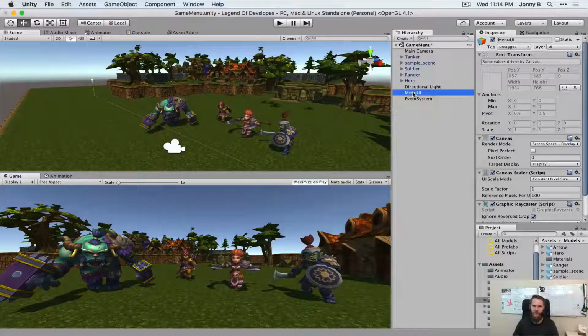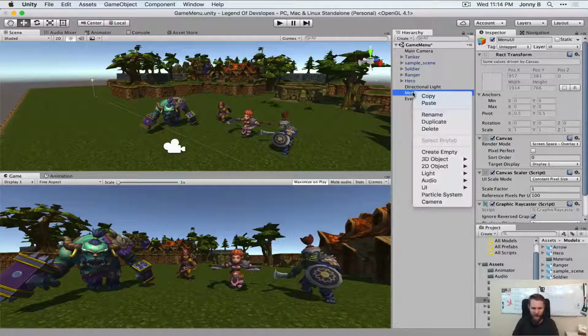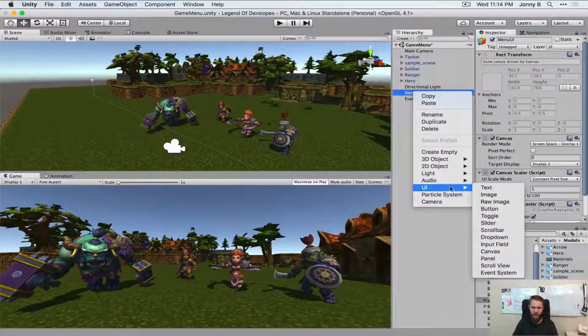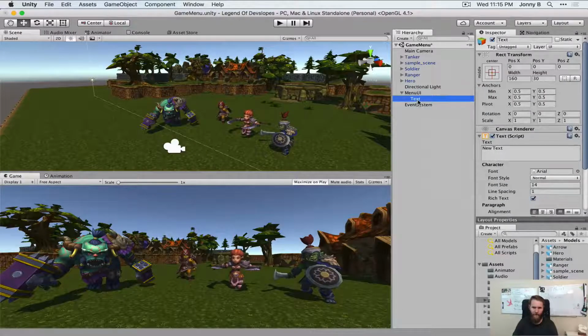And what do we want in here? We are going to have a cool graphic at the top that says Legend of Dev Slopes. And then down in the bottom, we're going to have two buttons, one that says Battle and one that says Quit. So let's go ahead and get started with those. First off, let's do our text. So I'm going to add a text field. And it is going to be called Legend